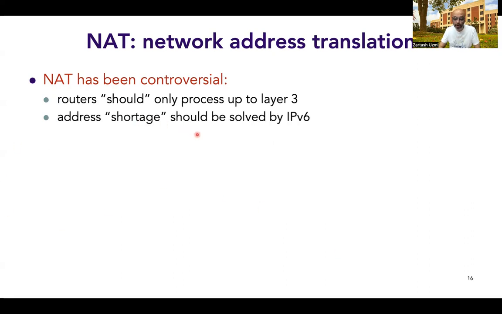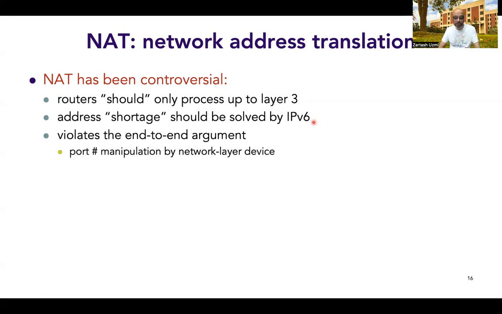Similarly, address shortage should be resolved by IPv6, not by using these NAT devices, which are breaking the router functionality by looking above layer 3. They are also trying to process layer 4 and violating the end-to-end argument as well. So NAT devices have been controversial because the end-to-end argument is violated. The port numbers are manipulated by network layer devices. The network just does not remain a simple IP delivery